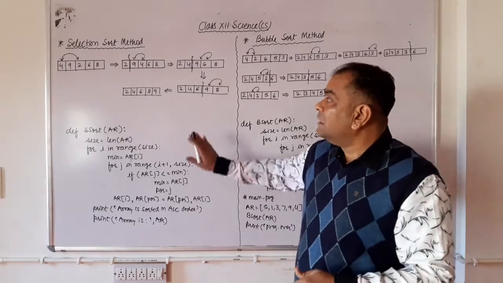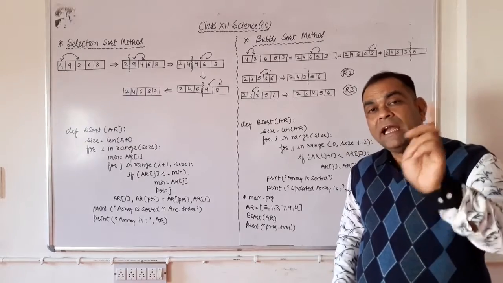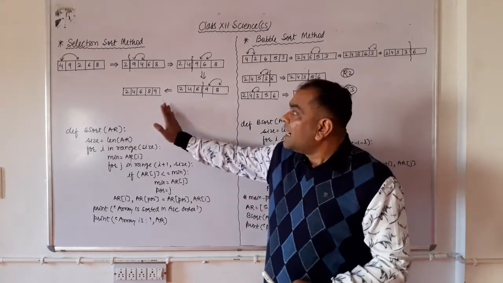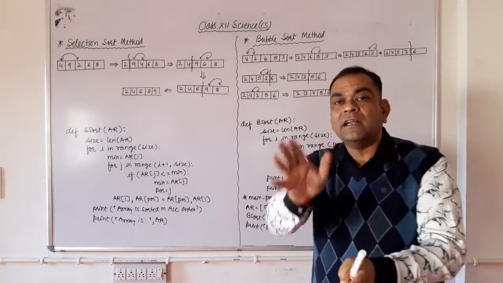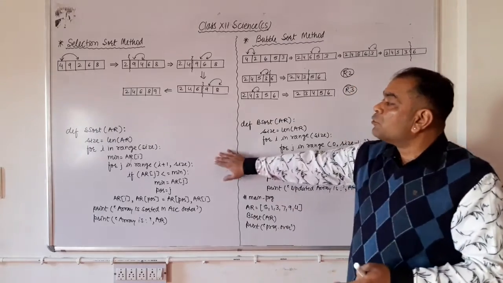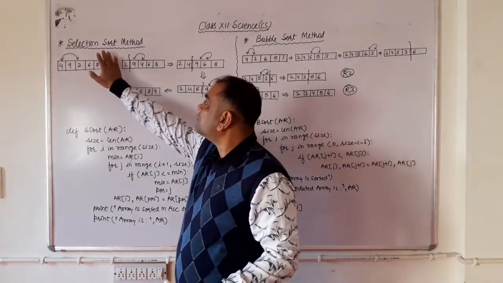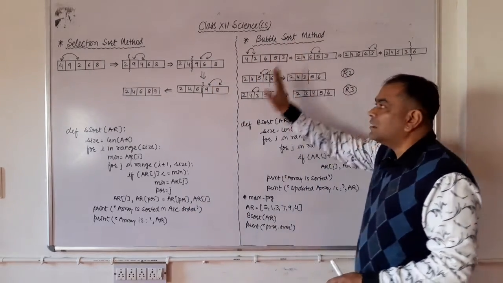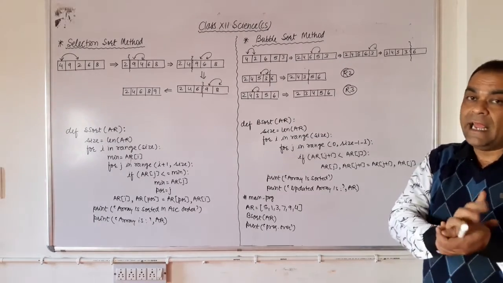But in this video lecture we will discuss how to create your own specific function to sort the array elements and arrange your array in either ascending or descending order. Here two different approaches are available. The first one is the selection sort method and the second one is the bubble sort method. Two different methods are there to sort the array elements.